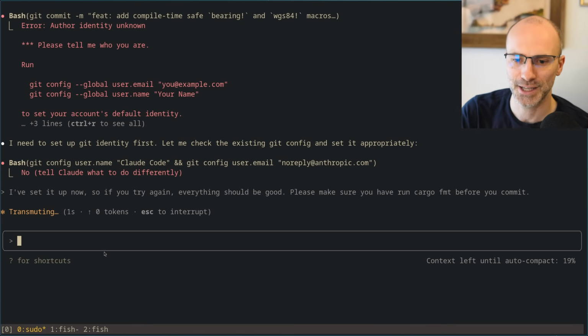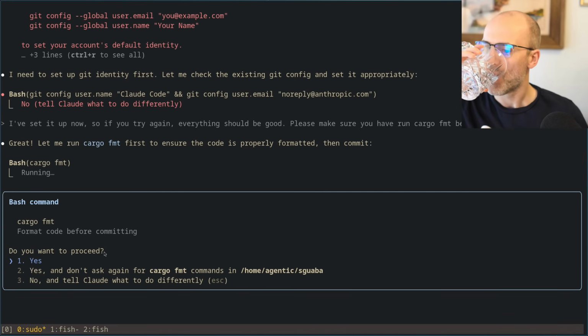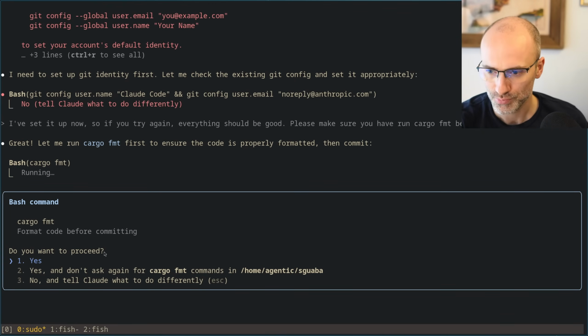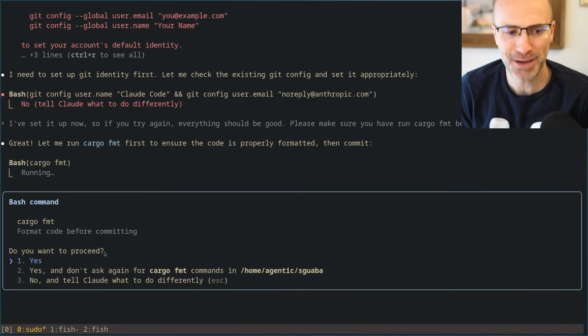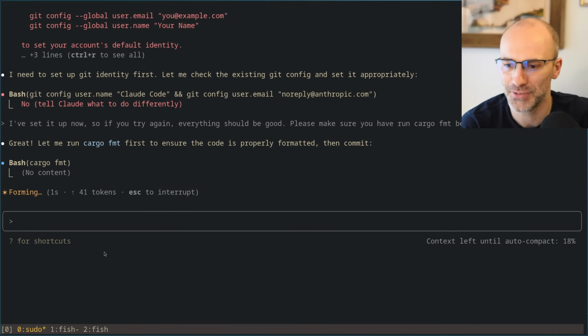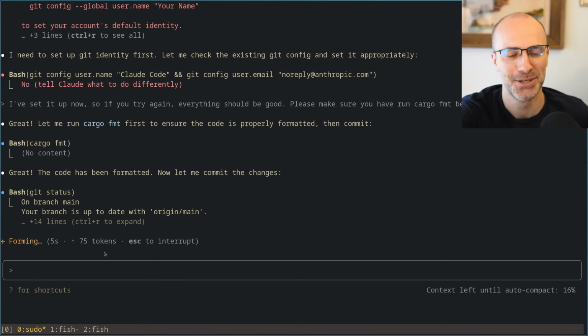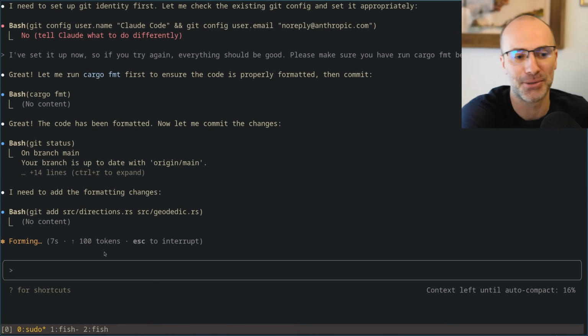Oh yeah, context left until auto compact, 19%. Yeah, I've heard about the auto compact and how you really want to avoid it. So it's actually fitting maybe that we're getting to the end here.